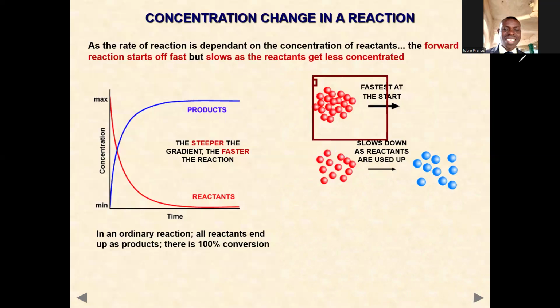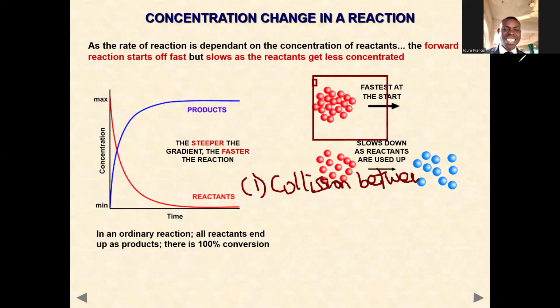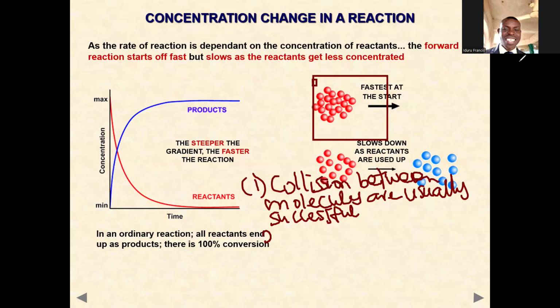So in this case, number one, collision. This is for when the reaction is fast. Yes. Collision between molecules are usually successful. That's the first one. Number two,